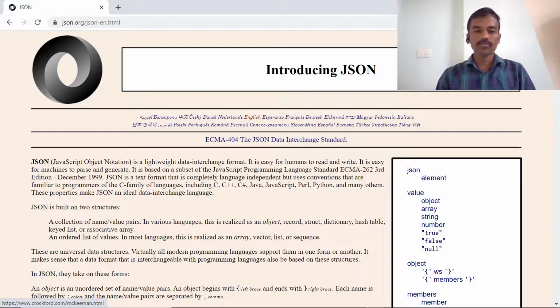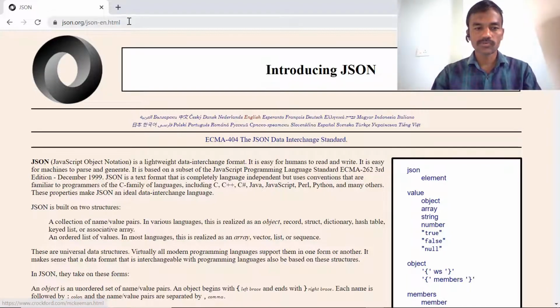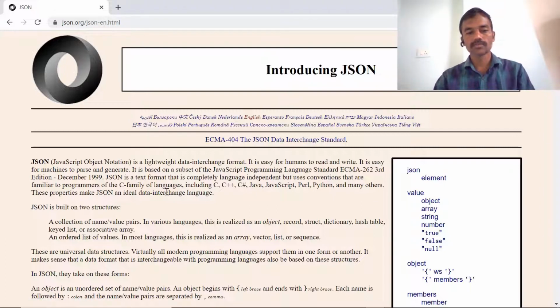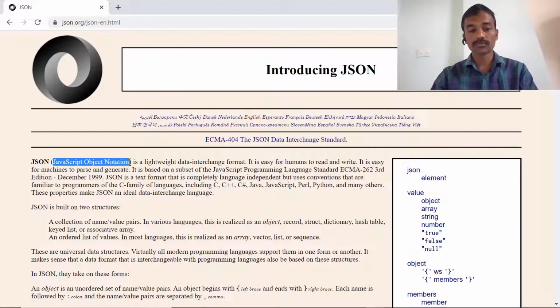In this video, we are going to see how to import data from a JSON file, or how to connect Power BI to JSON files. Before we implement this JSON connection with Power BI, we will try to understand what JSON is. If you go to the official website of JSON, you can see what JSON is. There is some information given about it, and you can learn all these things. It's not that hard as well. It is very useful.